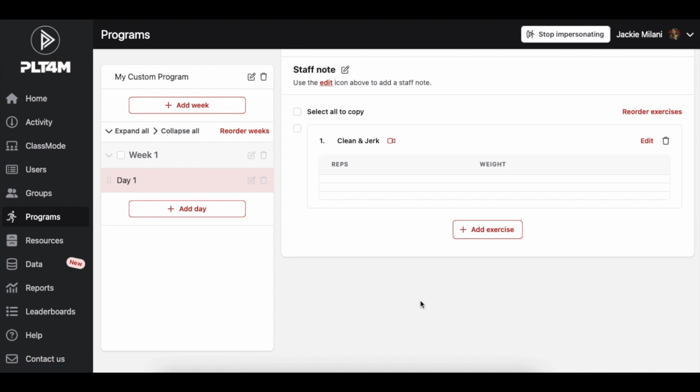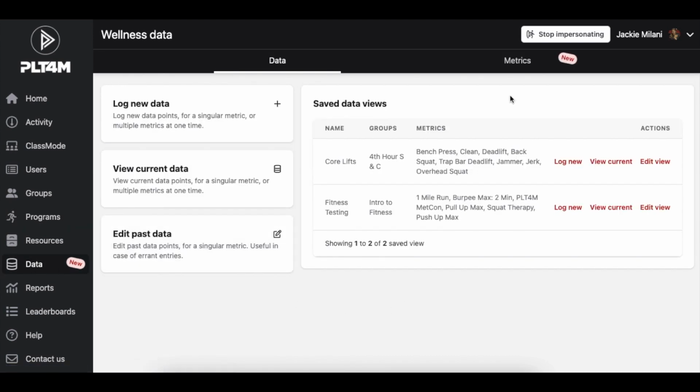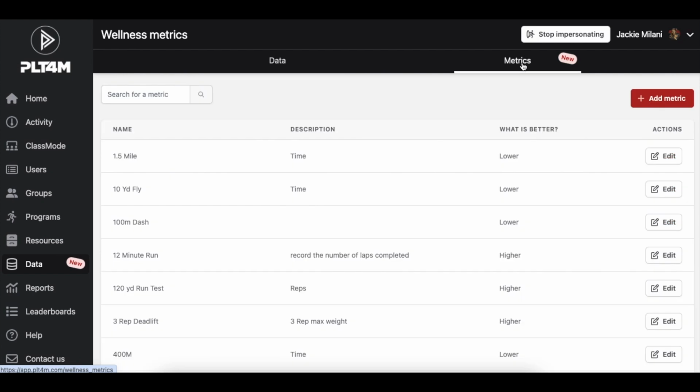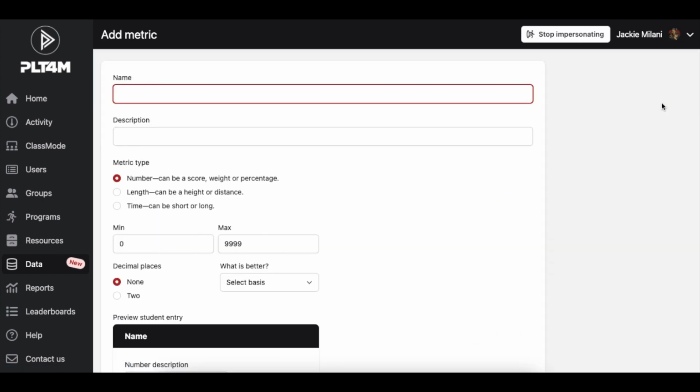Let's say I wanted to capture my students' max clean and jerk. You can now create custom metrics, allowing you to collect data for any metric you could possibly think of. To do so, you'll want to toggle over to your Data tab and click into the metric column. Choose Add Metric. This is where you'll want to give your metric a name